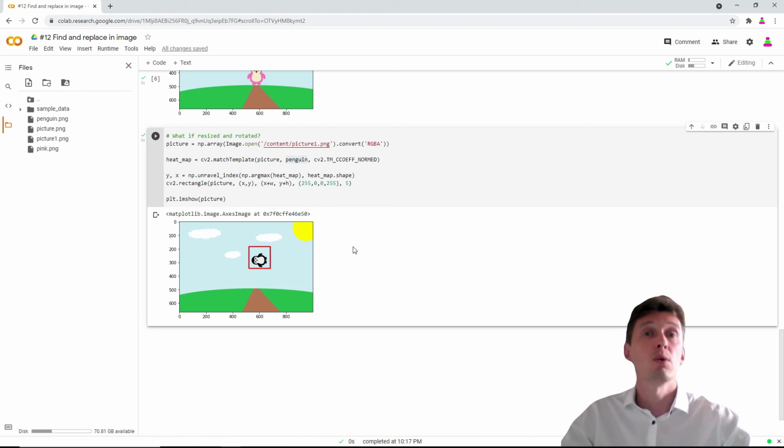Okay, so today we've done a pretty sophisticated thing, and you see that this match template is pretty good in detecting rotated, resized, different background images. So try this one, it is pretty good and pretty nice.